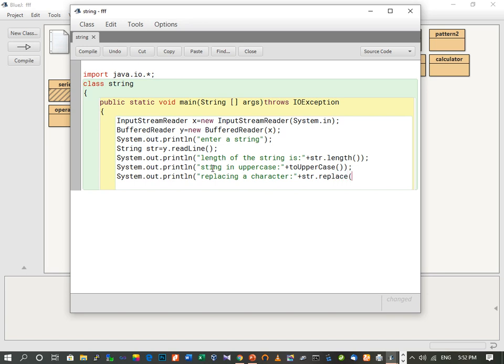Now what do we want to replace? Let our string be new only, so let us replace n by f.